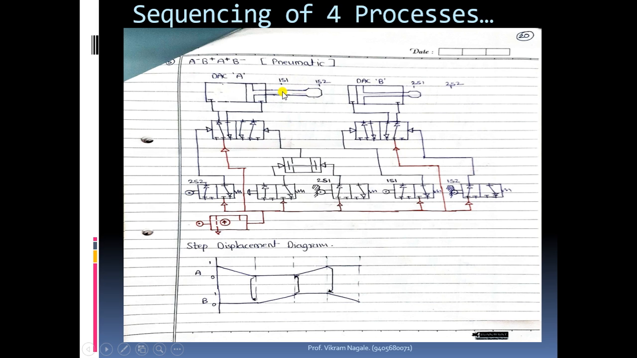So now 1s1 limit switch will get pressed. Okay, now that's a feedback. Pressing of limit switch 1s1 is a feedback of completion of process A minus, and we can utilize that feedback for the next process to start the next process. So 1s1 kadun, so here you can see from 1s1 limit switch we can apply pressure on the left hand